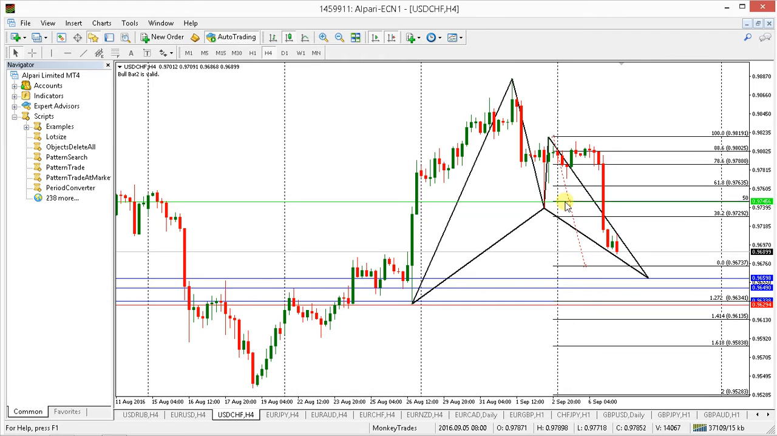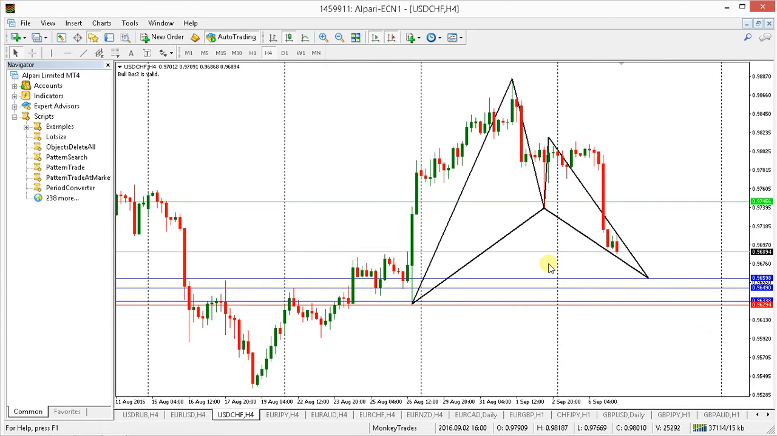Okay, maybe I need to place it a bit higher. Okay, 1.27 CD. This means that the CD leg is 1.27 times larger than AB. It is called the extended ABCD pattern. The extension is 1.27. Okay, so that's it about the bull